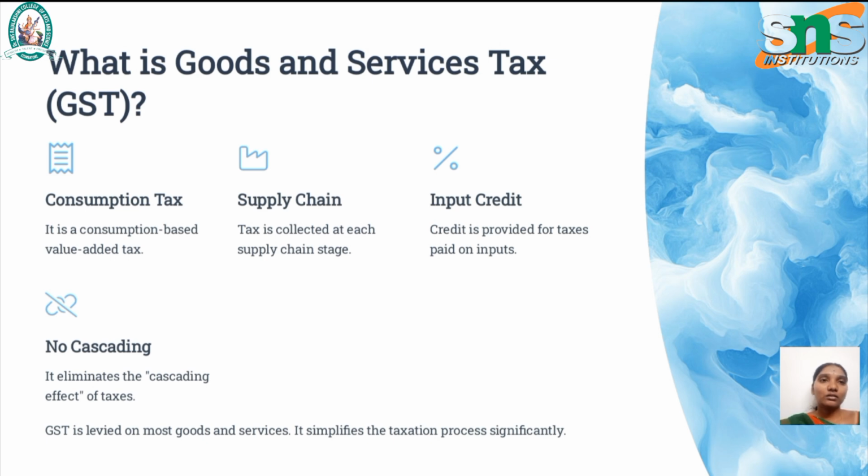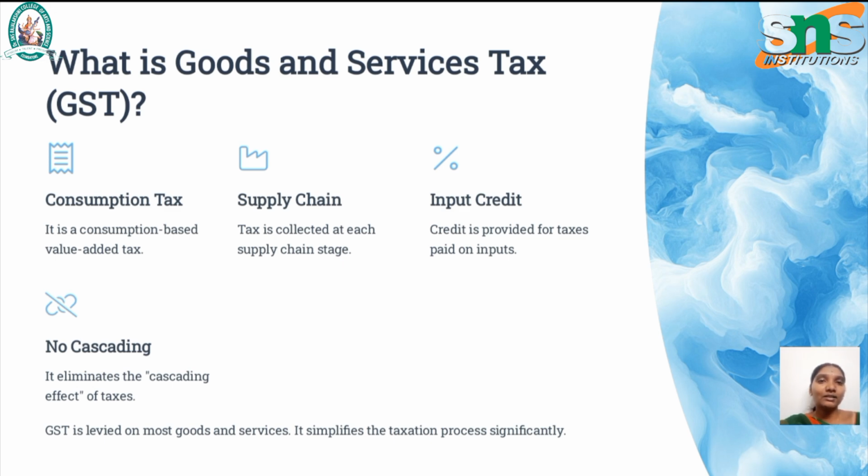Then what is meant by goods and services tax, called GST? GST has five elements of categorization. First, GST is a consumption tax, and it helps in the supply chain methodology of tax collection, and it increases the input tax credit. And here GST has no cascading elements, and it is a consumption-based